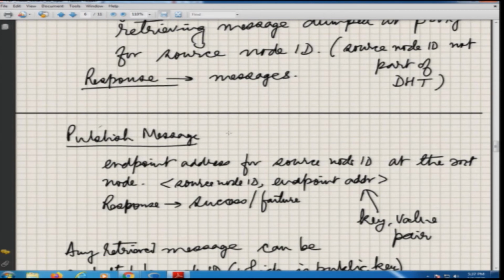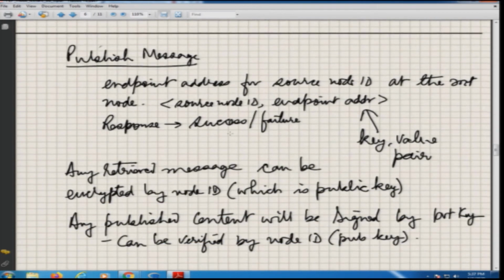If there is a publish message in this case, this will be done by the node, because earlier I was retrieving it, but now I have to tell others how they can communicate directly to me. So, I may actually publish my endpoint address at my root node. Okay. So, this will typically be a source node ID dash endpoint address key value pair. A response will only be success or failure. So, that is typically a publish message for type 1 messages,